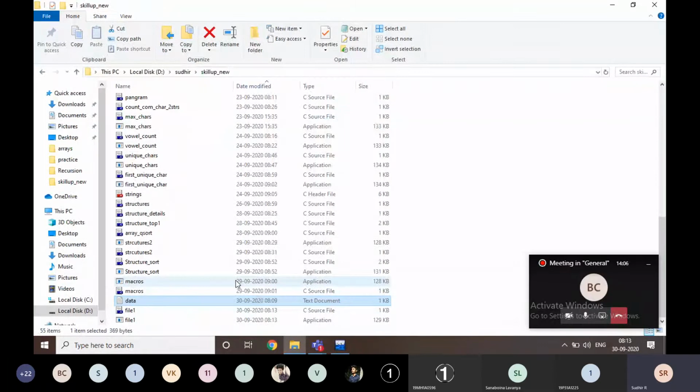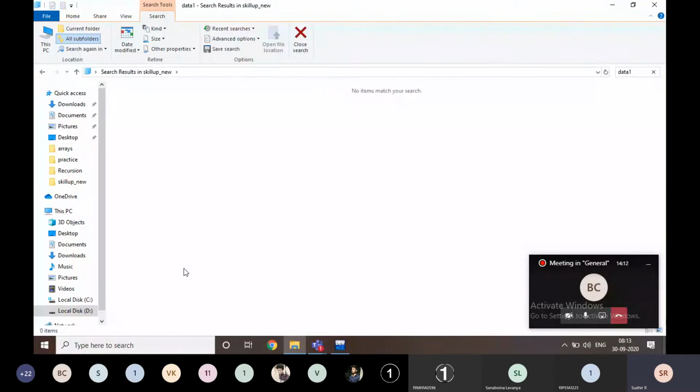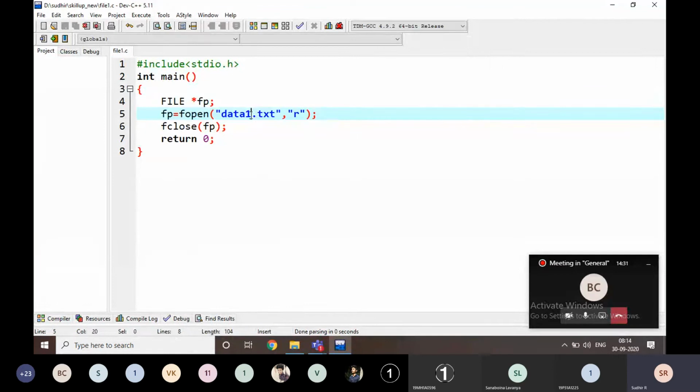There is no data1 file here. Data is there, but no data1 file is here. I will show you how to rectify it.